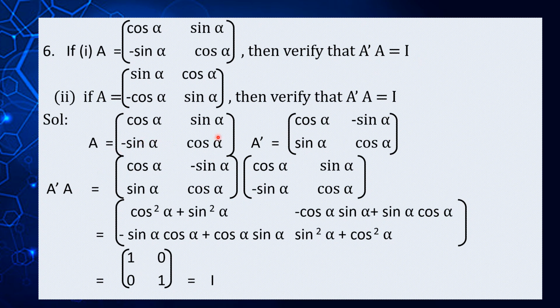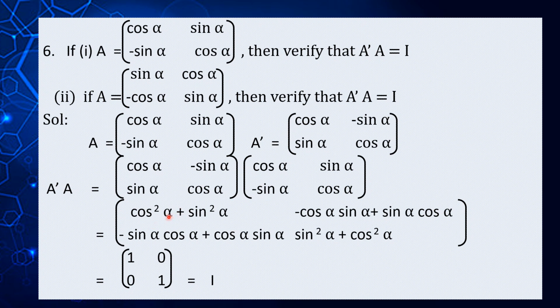that is cos alpha, sin alpha, minus sin alpha, cos alpha, and write down its transpose, that would be cos alpha, minus sin alpha, cos alpha. So we have to verify A transpose A is equal to the identity matrix. We consider the LHS, that would be A transpose A, which is equal to cos alpha, minus sin alpha, cos alpha into cos alpha, sin alpha, minus sin alpha, cos alpha. So we are multiplying both, which will give us